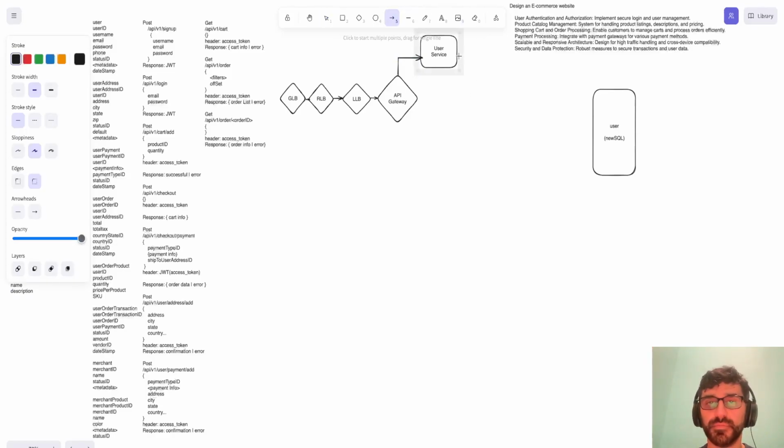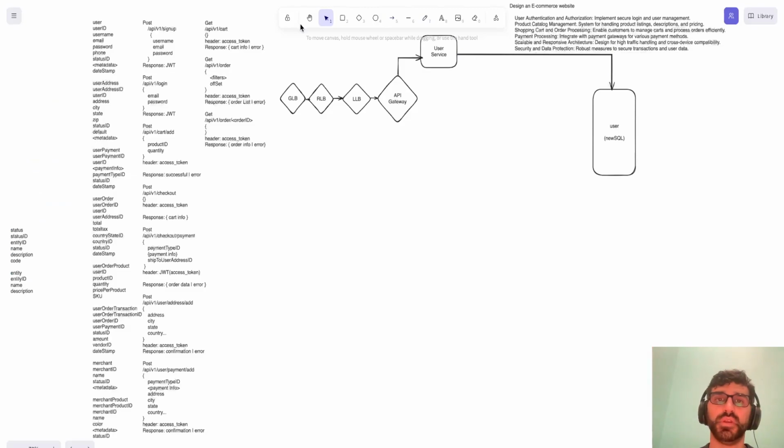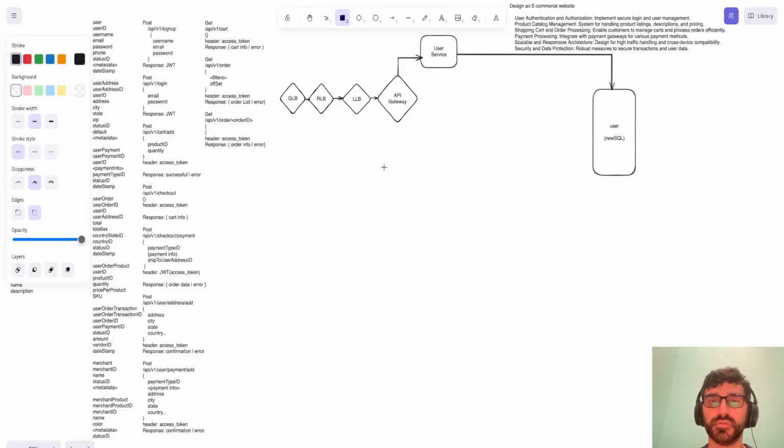The user service will then save that information into the database, as well as